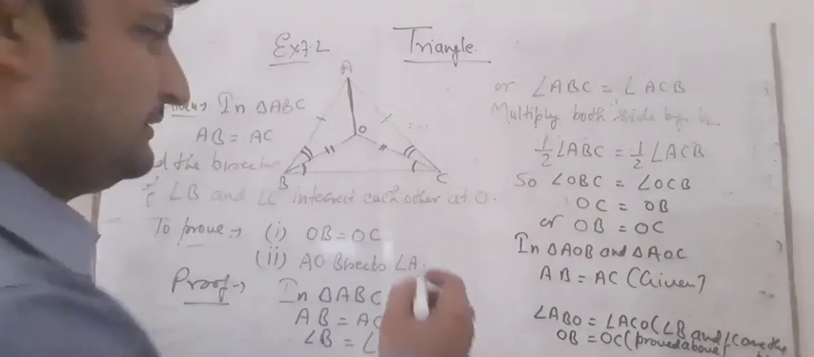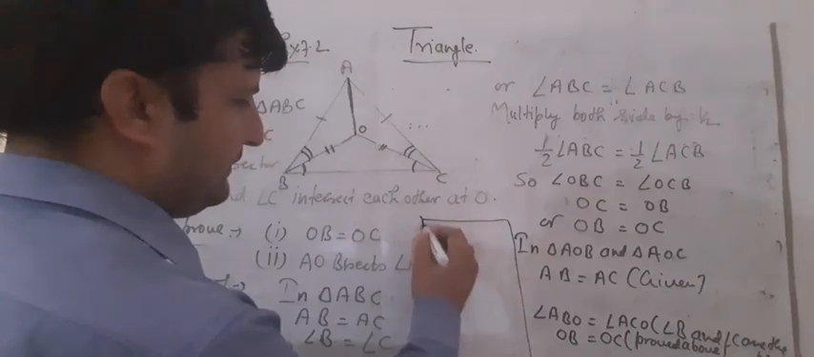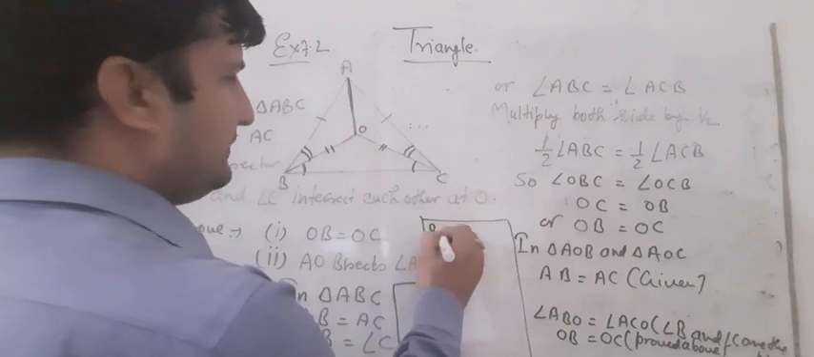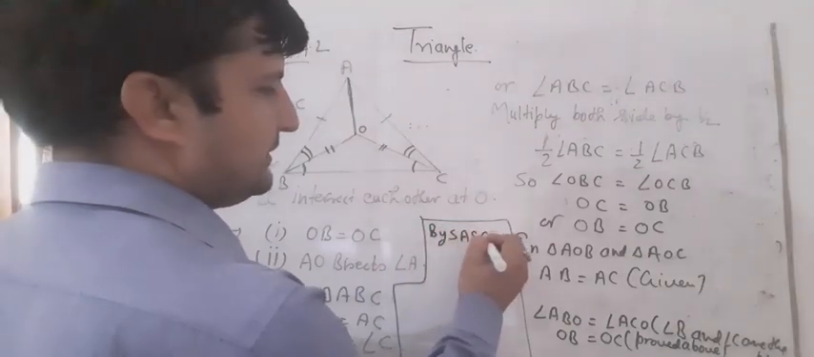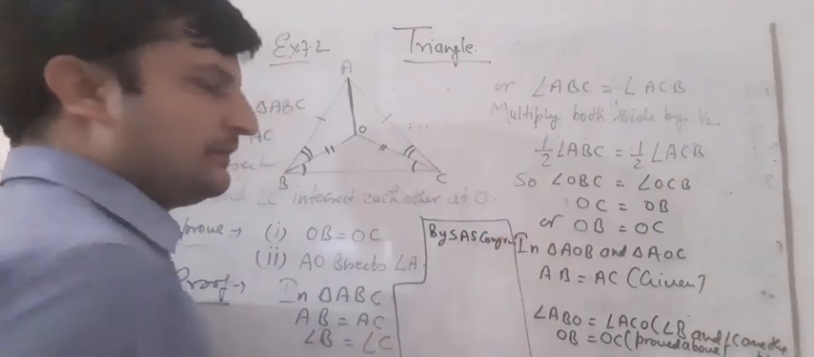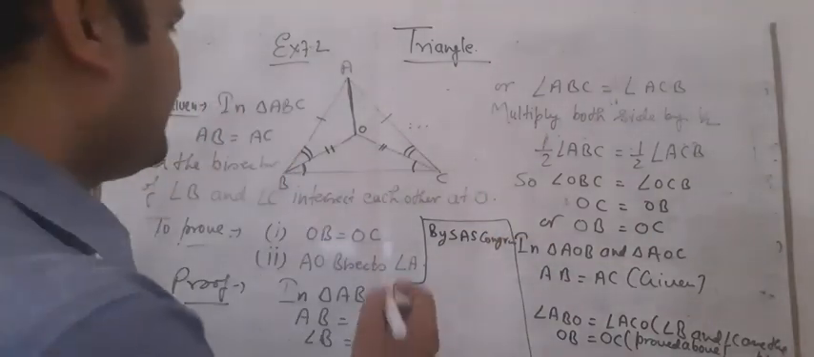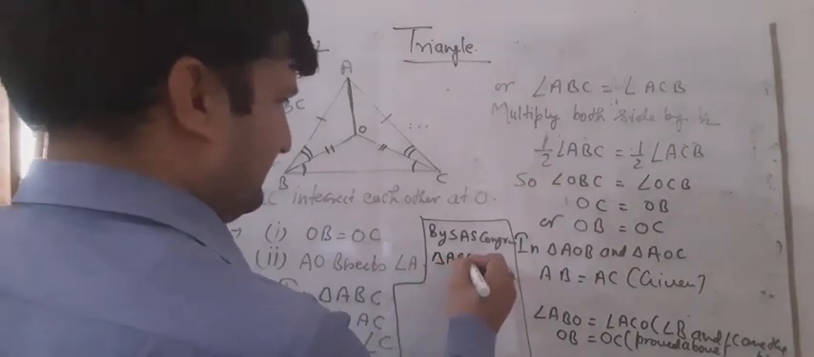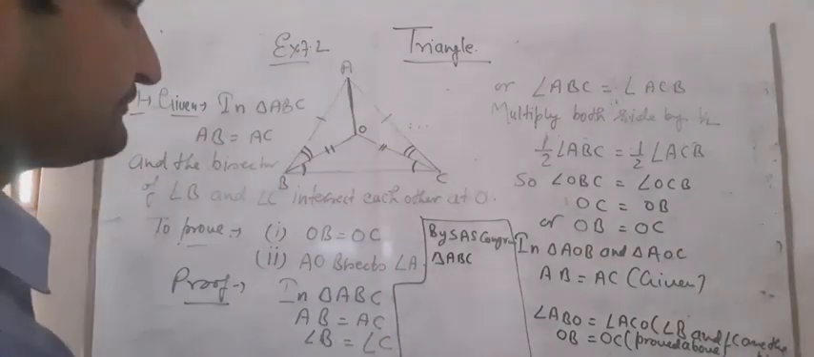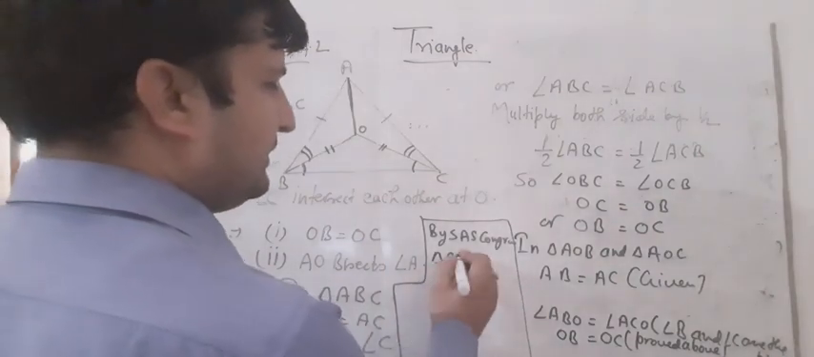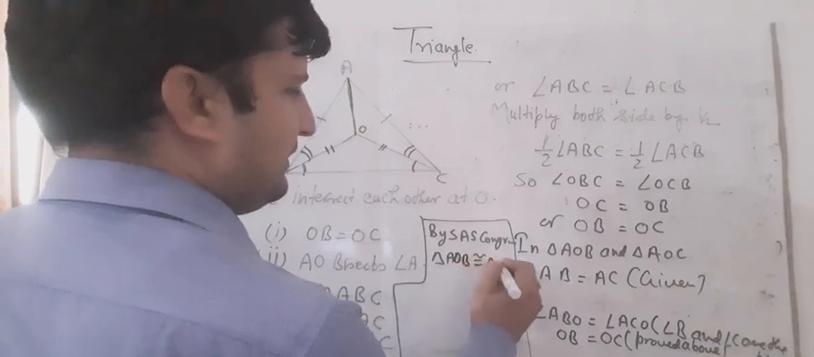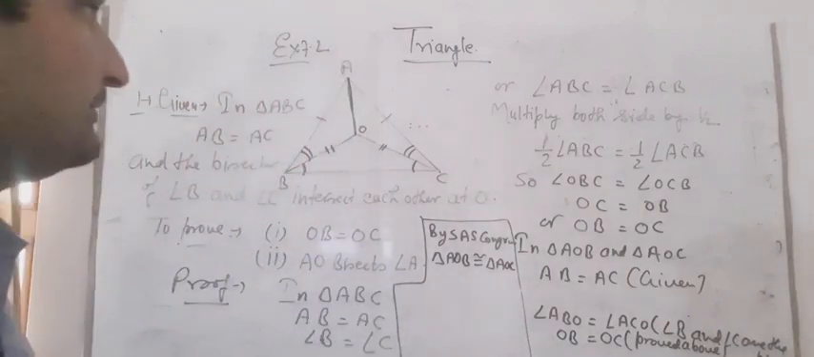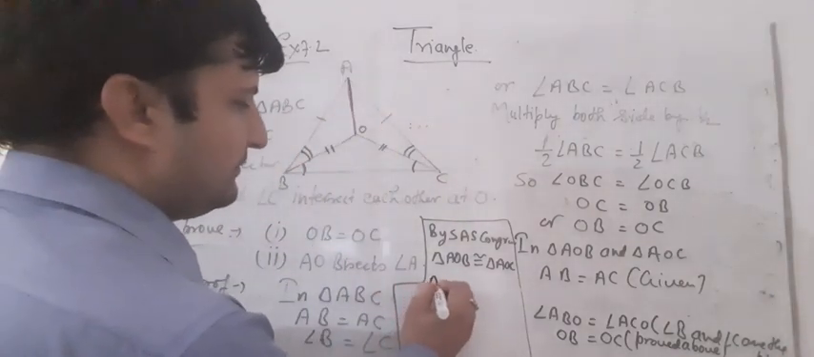Now students, one thing is left. By which congruency? You can say that by SAS congruency, triangle AOB is congruent to triangle AOC. It means when two triangles are congruent to each other, I have told you that AO is equal to,